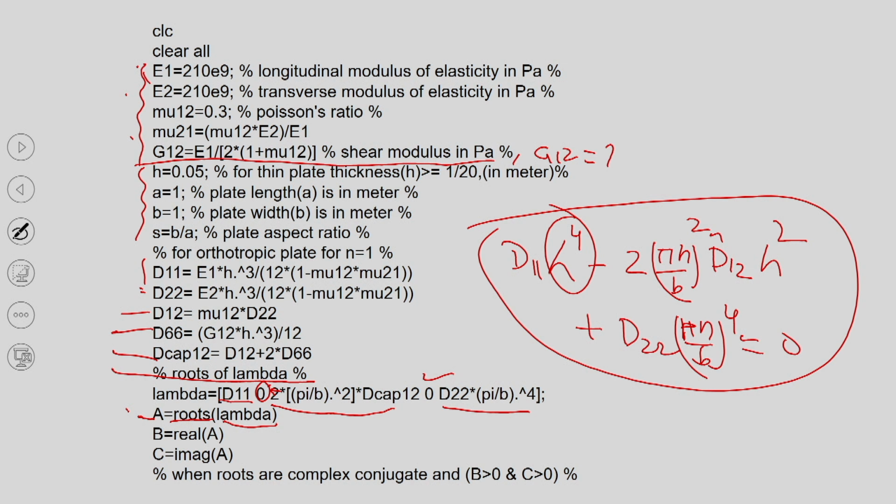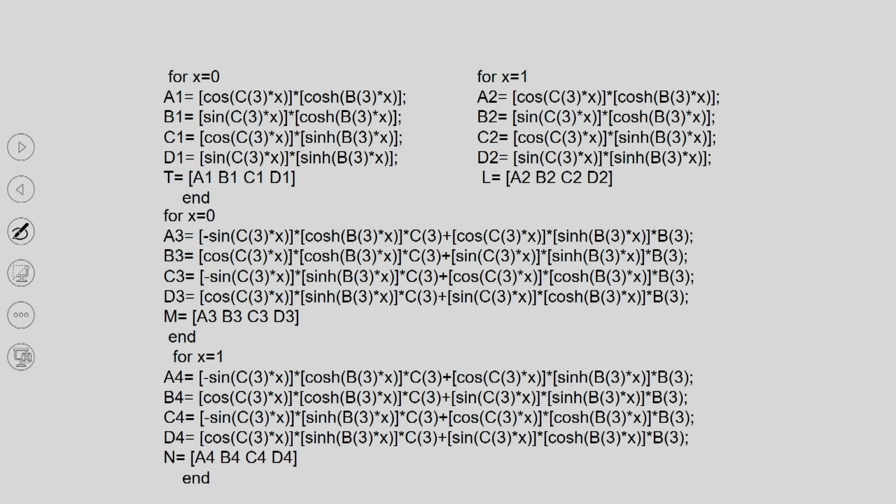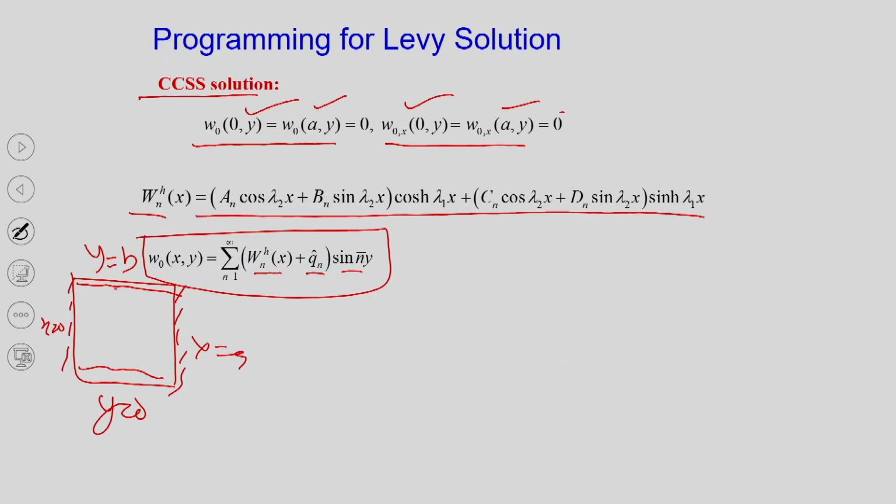So if they are complex roots, it will be written as, we divide into 2 parts, real part and imaginary part. Then you write the boundary conditions. Before coming to the boundary conditions, I would like to come here: these are the unknown constants C1, D1, N1 that we have to find out.